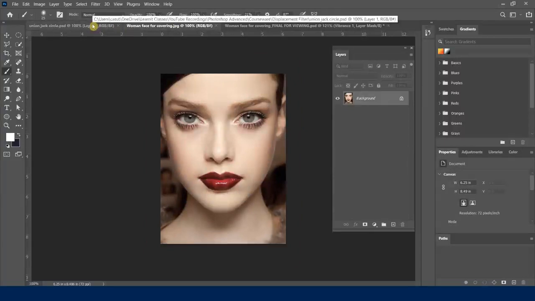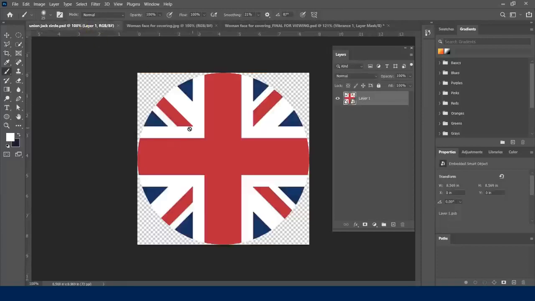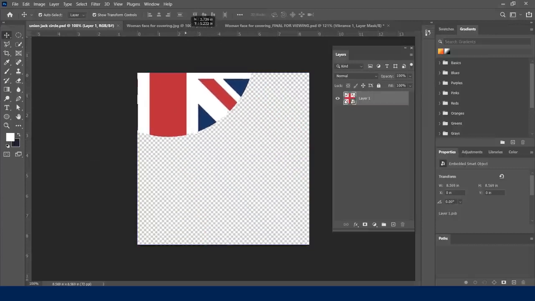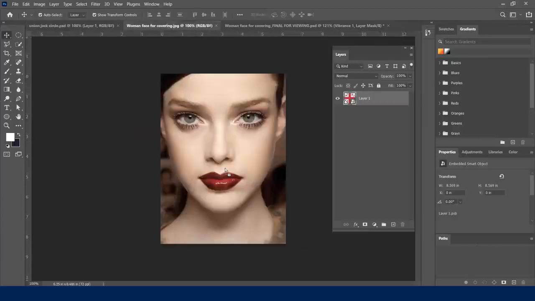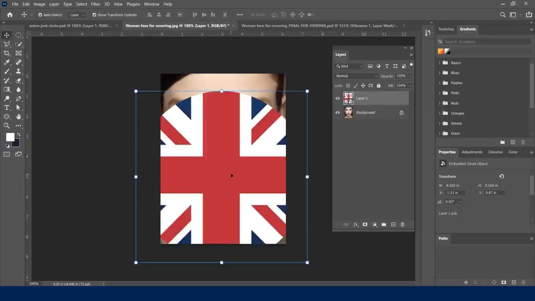I'm going to go to my image here that I have set up. You should have access to this as well. And this is now a smart object. Very important, this is a smart object. And what I'm going to do is bring this image that I have here by using my move tool over this tab, and then bring this back down over here and have that ready to go,